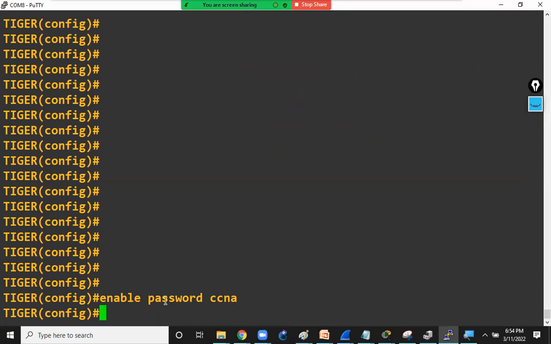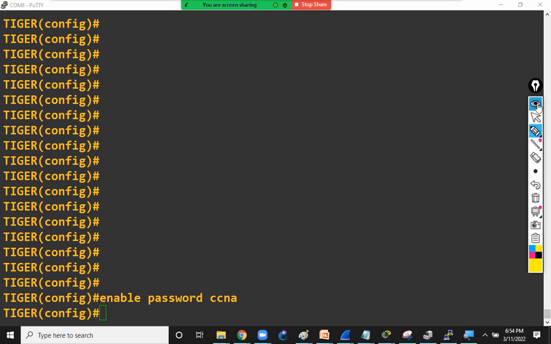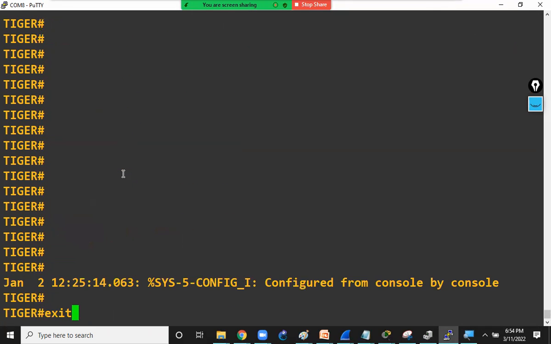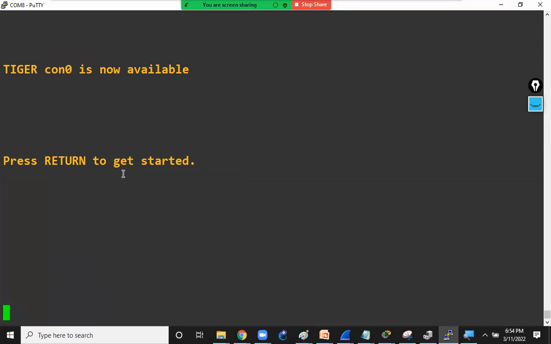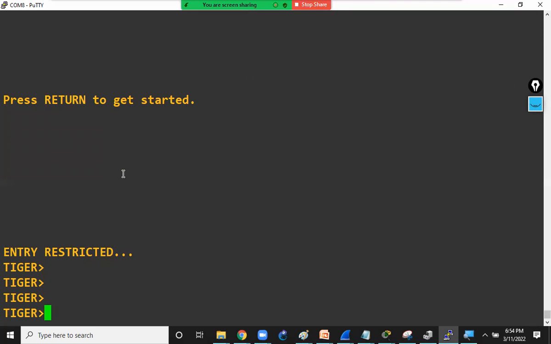Now, I told you this password will be asked when you are trying to enter the router from the user execution mode to the privilege execution mode. So shall I go back and try? Let me give the command exit, and again exit. Now you can see I am in the user execution mode. Now if I type the command enable,